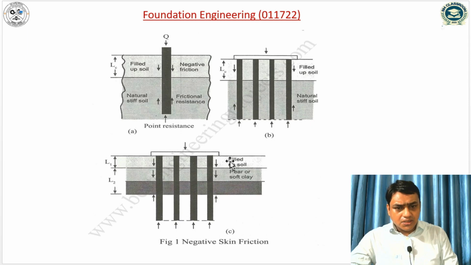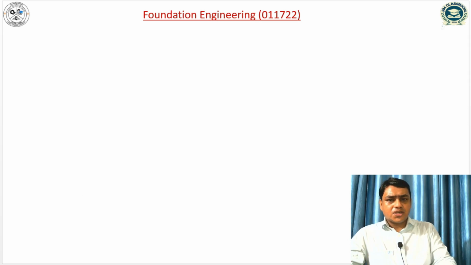Here we can see that this is the filled up soil, and the second one is a soft clay layer. So in both regions, the negative skin friction will occur, and in this region, the frictional resistance will occur. So the negative skin friction resistance will be the sum of this region and this region. The negative skin friction resistance can be computed by,